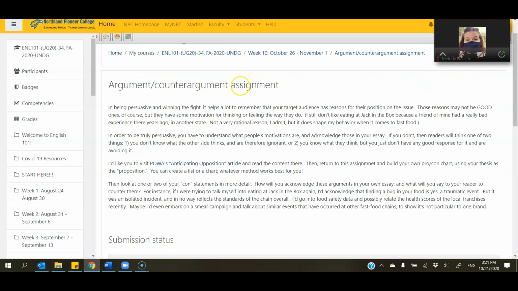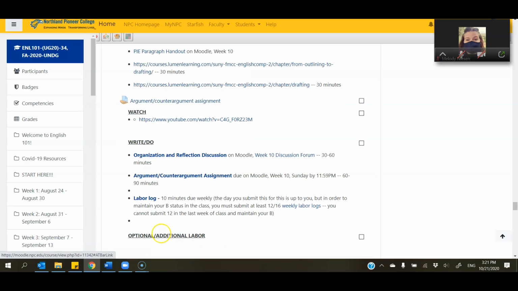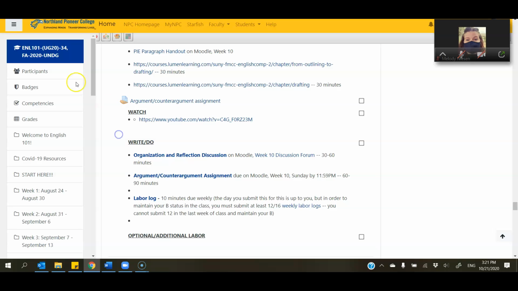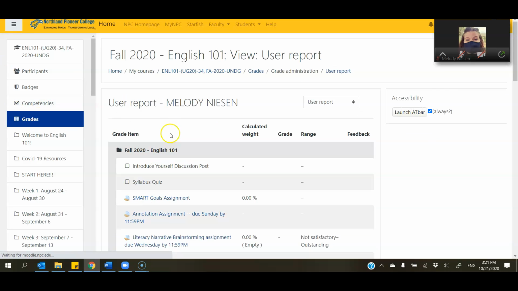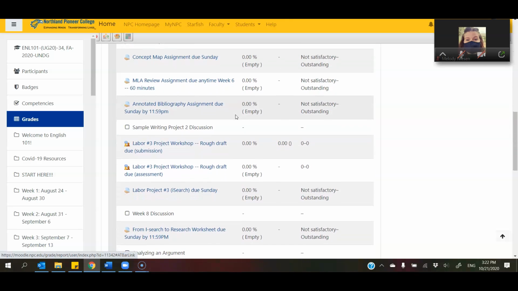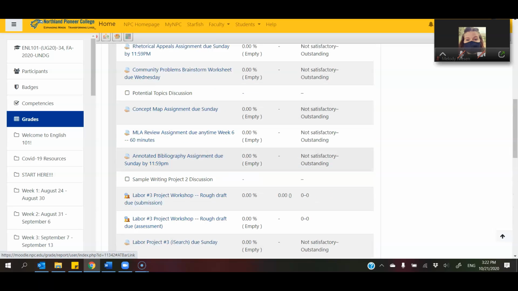And as always, our labor logs are due once per week. You have to have 12 of 16 to maintain your B in the class. So please be sure to check with that. And if you want to see where you're at in the class, remember you can always click the grades button. My report doesn't show very much because I haven't been submitting work because I'm not a very good student that way. But your report